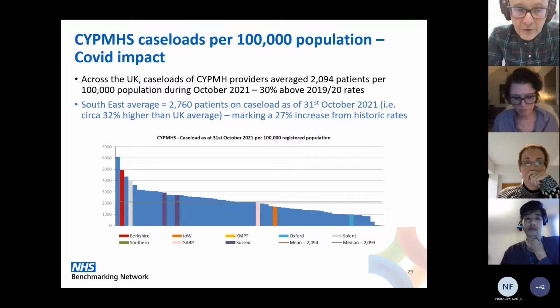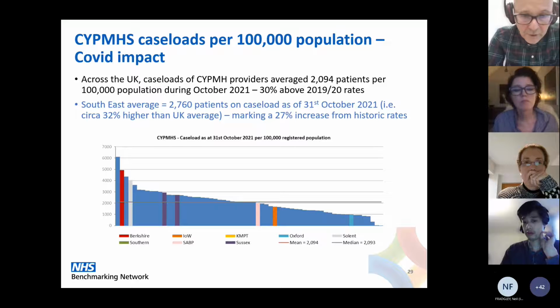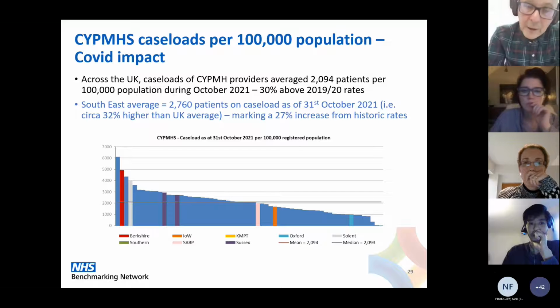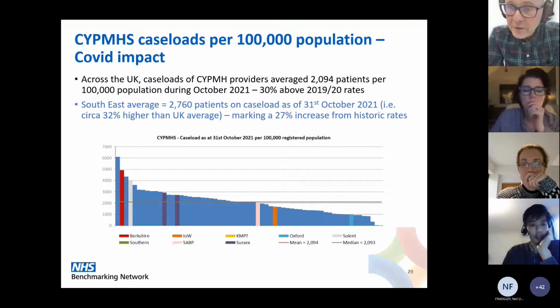We haven't got data from every provider, but Berkshire was second highest in the UK. Solent were fourth highest. The two, so Hampshire and Sussex there from Sussex Partnership were pretty much in the top quartile as well. Surrey average, Isle of Wight just below average. We just had a slight issue with Oxford, who seems to have flipped away from super high. So maybe that's about a discharge programme. I'm not sure, but the Oxford data has gone slightly unusual. However,